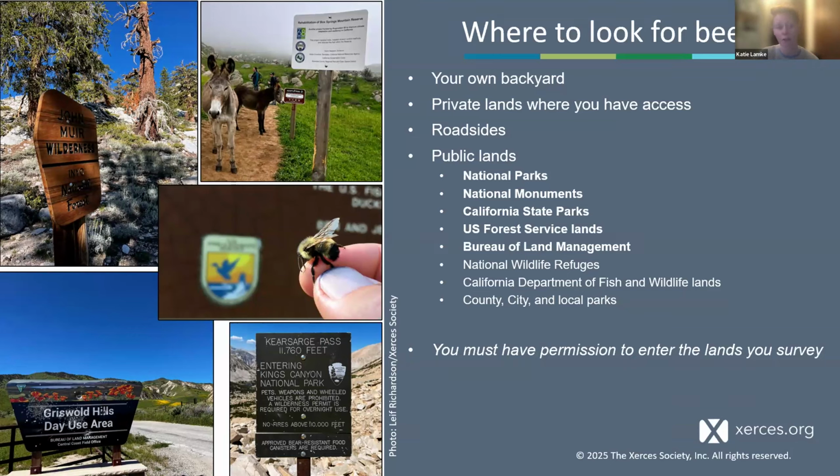You can also survey along public roadsides and public rights of ways. There are public lands too that Xerces will acquire permits for. So national parks, national monuments, California state parks, Forest Service land, and BLM land. We are working to get the permits for those. So after you are a permitted volunteer, you'll be in the connection there and Leaf can get you what you